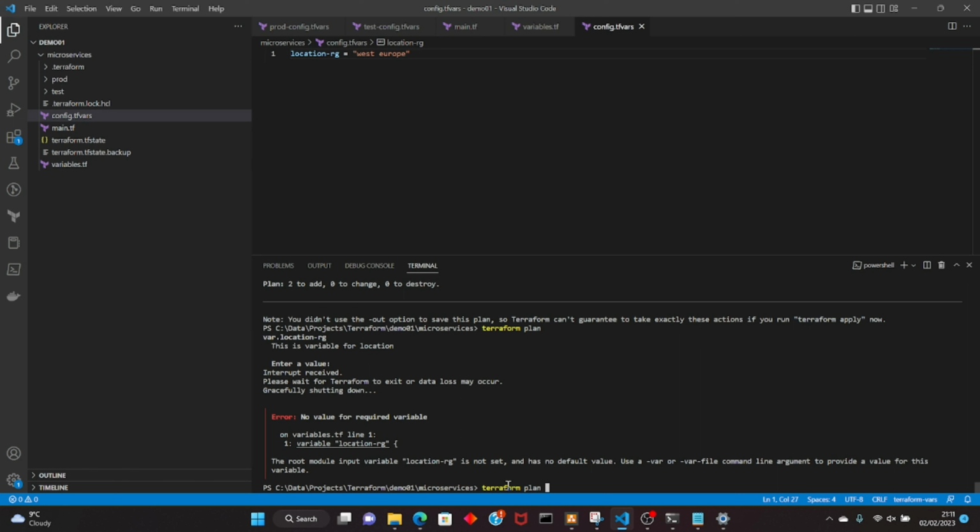That's all right. Let me do the Terraform plan -var-file and the location name. It is in our root, so equals to the file name, that is config.tfvars, and let me run that. Yeah, it looks all right. Var file equals to, okay,